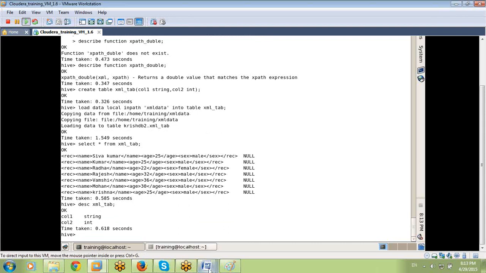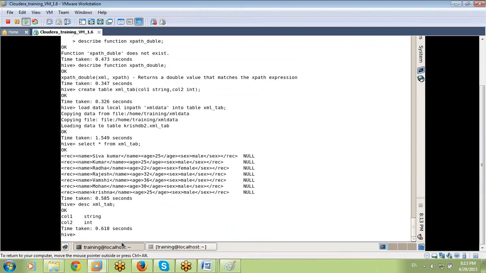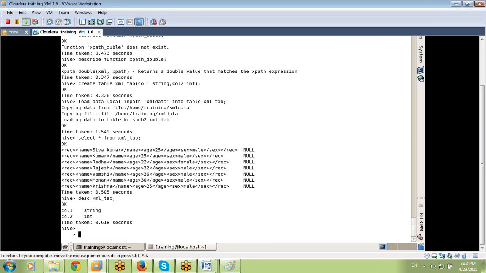Step 3, the cleaning technique. Create a structure table with the required columns. Create table, table name, for example XML tab 2.